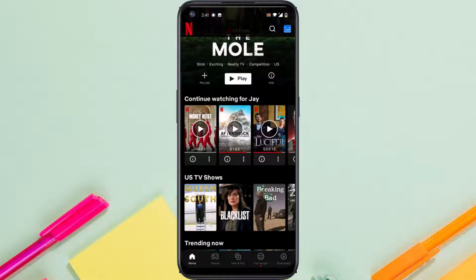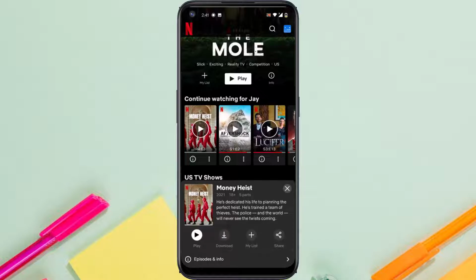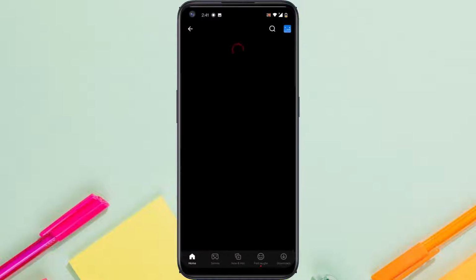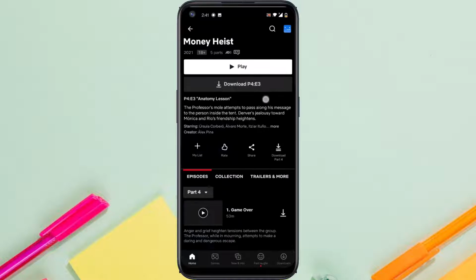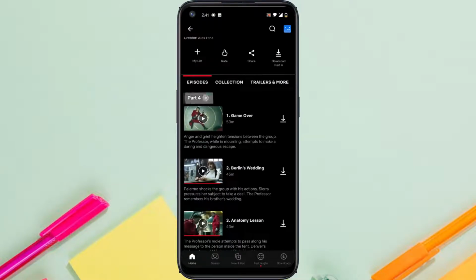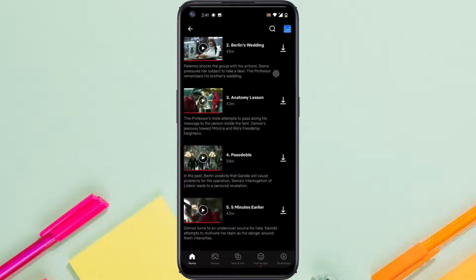So in order to download it, simply tap on this little eye icon and then tap on episodes and info. Now scroll down and then you can choose which season you want to download, and once you've selected the season, you can simply download any episode you want by tapping this icon right over here, and then it will be